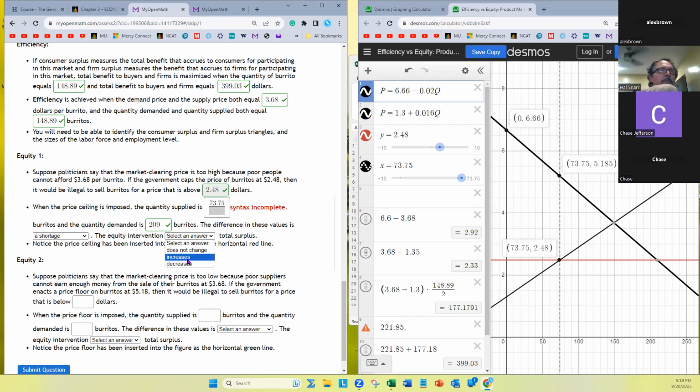Oh, sorry. The equity intervention decreases total surplus, right? It decreases total surplus by this triangle here. But the effect is it has no effect on the poor. They can't buy the burrito before or after. It eliminates middle income people from buying burritos. And it benefits the rich because they're the ones able to afford, or able to bribe or pay people to stand in line for them. And their surplus increases. Okay.